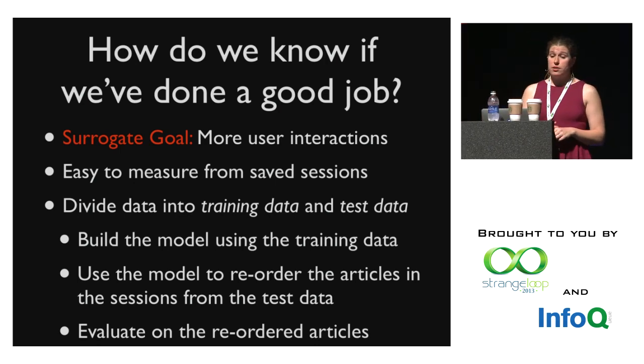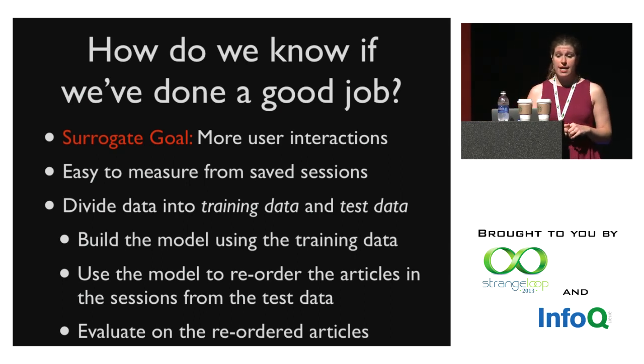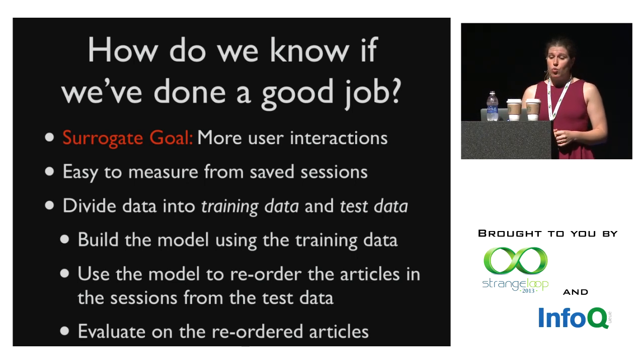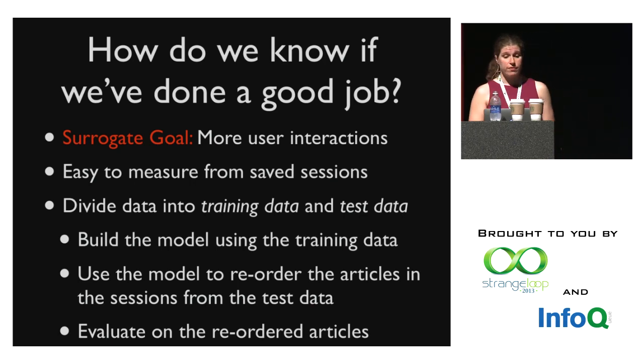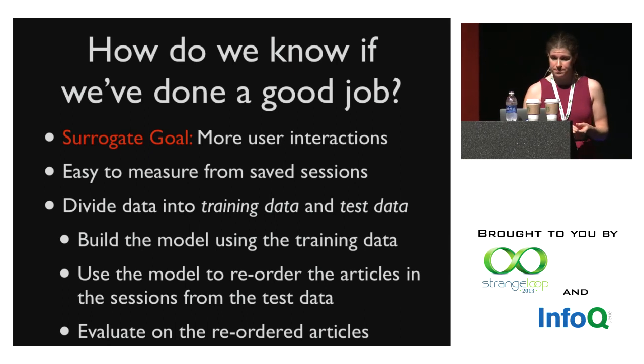We can use these metrics, along with our saved session data, to quickly iterate offline by splitting this data into training data and test data. Initially, we squirrel away the test data, and we don't look at what users interacted with in those test sessions. We develop a model using only the training data. We then take the users and the articles in the test sessions and use our newly trained ranking model to reorder the articles, hoping that the ones the user interacted with positively will float to the top of the ordering, and the ones that the user removed will move to the bottom.